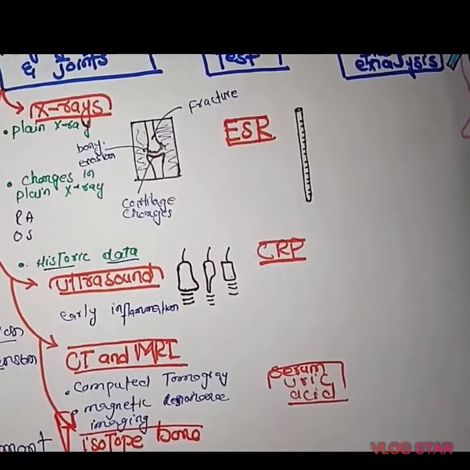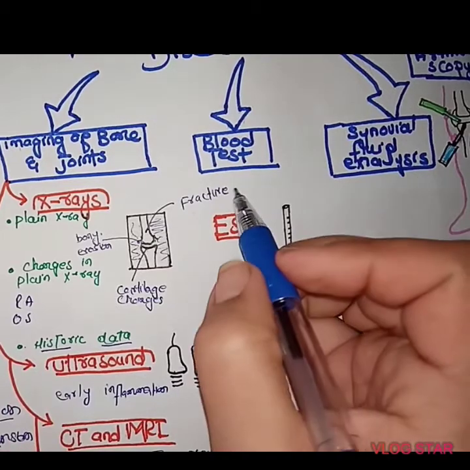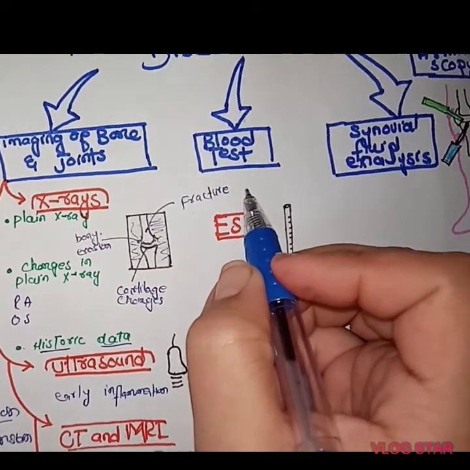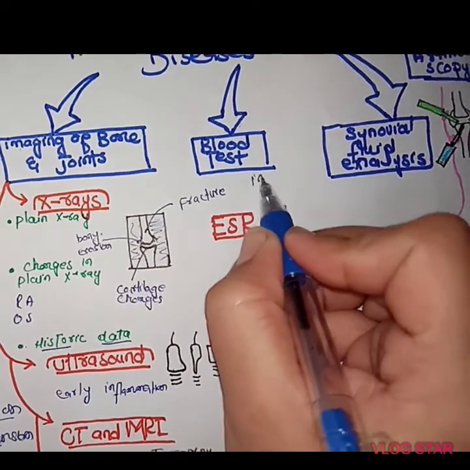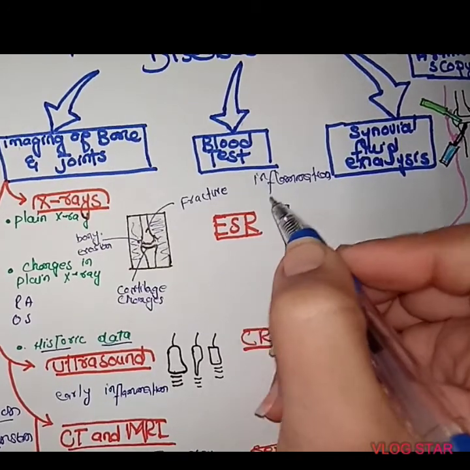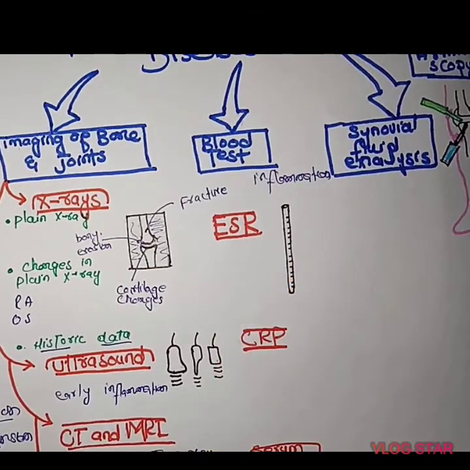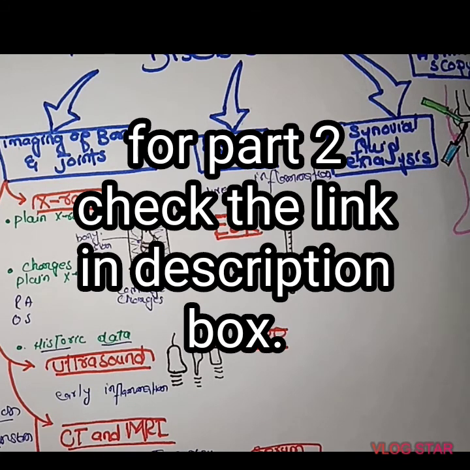The other investigation you can use is the blood test. We use the blood test to detect the inflammation occurring in the joint, or to monitor the response to therapy. It means that during monitoring of the response to therapy, you check the therapeutic drug level in the serum or in the blood plasma, and you monitor the drug therapy according to the individual to produce a therapeutic effect.